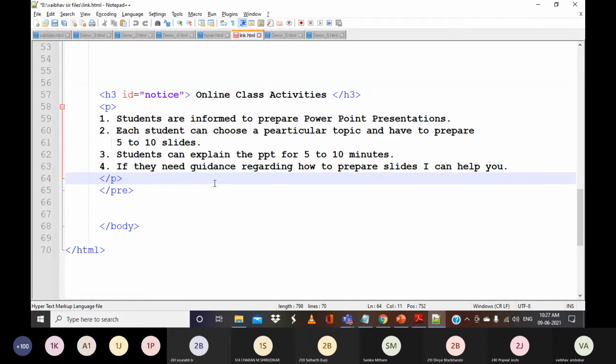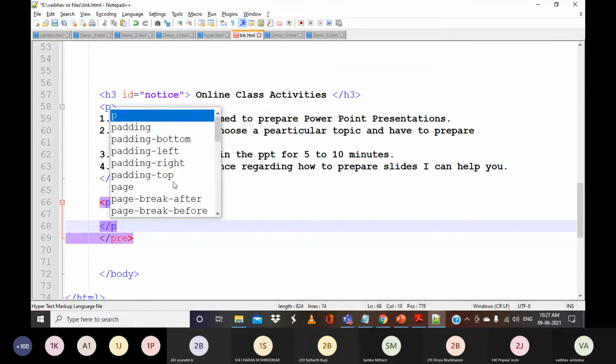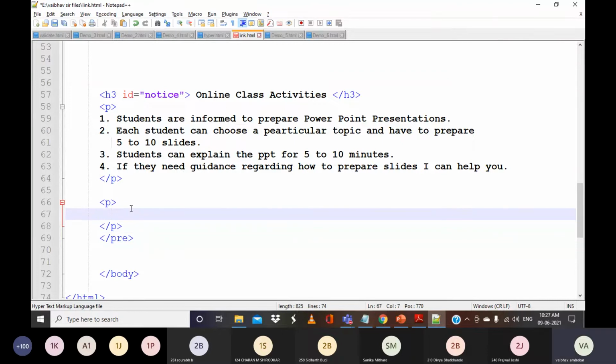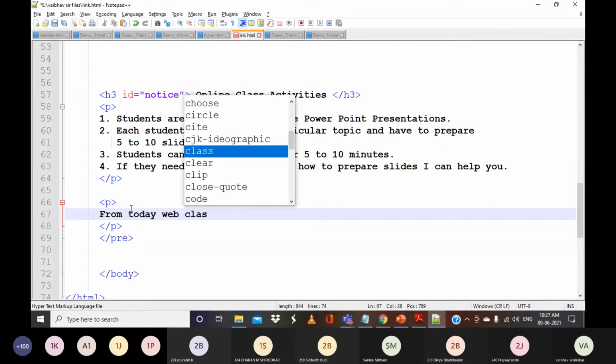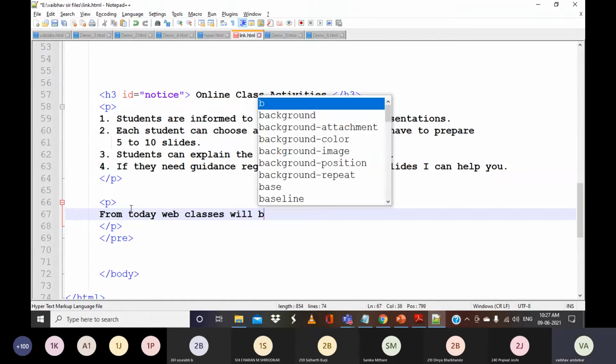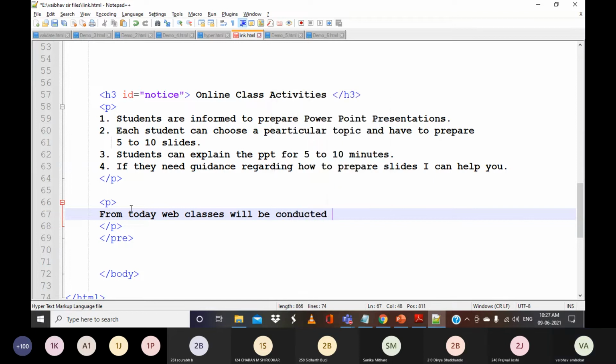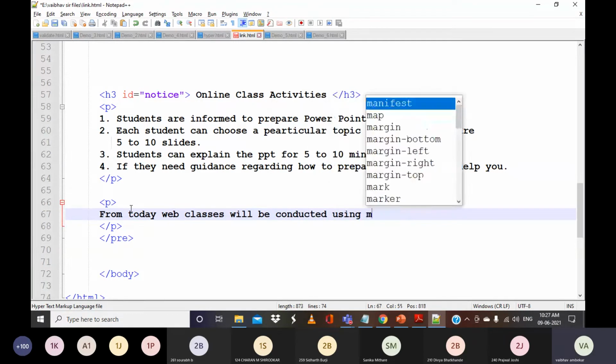Here I have to include another paragraph. Say I will enter another paragraph here. So I will say from today web class will be conducted using Microsoft Teams.